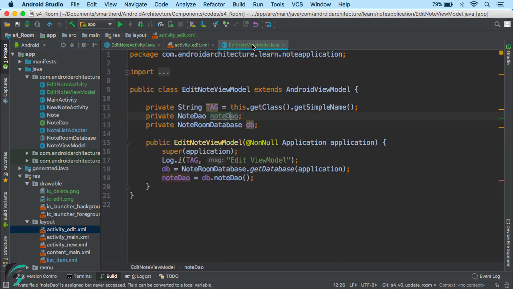Now in my edit note view model, the class extends Android view model. It is pretty much the same as the note view model that we have been working on. Nothing so different. We have the string tag. I have declared the DAO and the database, and in the constructor, I have initialized the database instance and the DAO instance, and this database instance will return the same instance that was created because we have been working with the singleton database instance. So this was the setup I have done, and now we will get started with writing the code